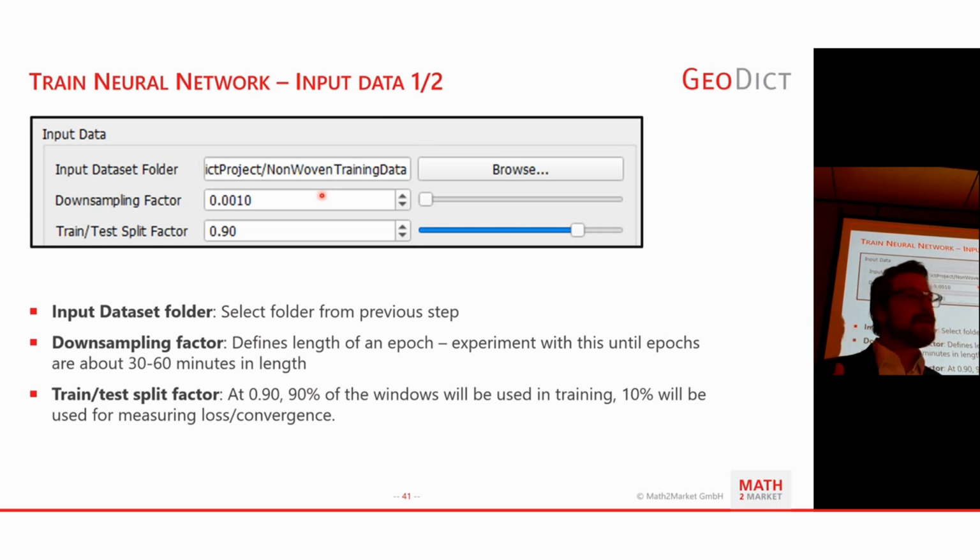Where one epoch is maybe 30 to 60 minutes in length. Also because you don't want to make it too short, because again, there's more overhead then, and you always get a snapshot of your GNN. It might actually fill up your hard drive depending on the size of the network. So I would say experiment with a low number, increase it until you are in the ballpark of 30 to 60 minutes per epoch. Then you get regular updates about your training progression, and you don't fill up your hard drive.